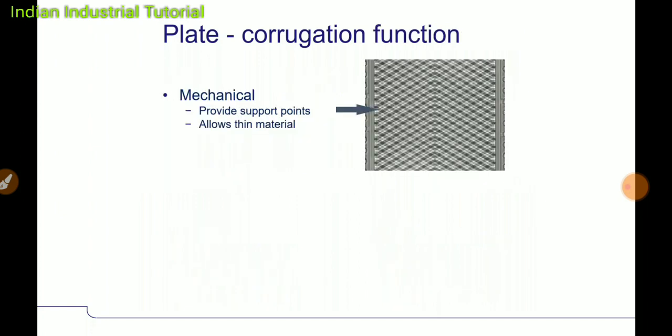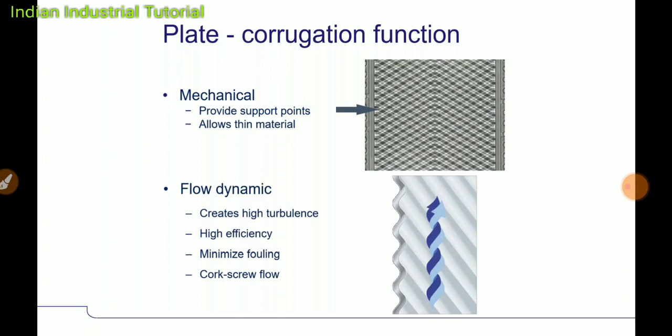Here you can find two plates are touching each other. It is like an X-ray view. You can find there are supporting points. Two plates are touching each other at 2000 points per square meter. It is touching that much, and that's why even a 0.5 millimeter plate can take a load of 20 bar per square centimeter, and there's no bulging, there's no deformation in the plate.